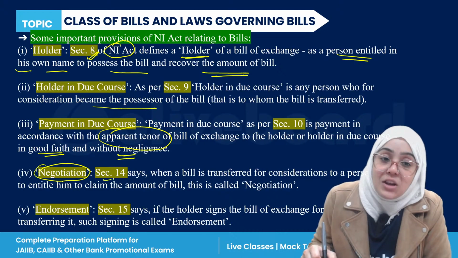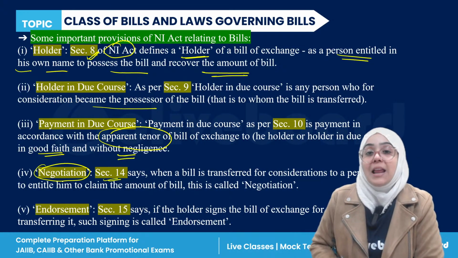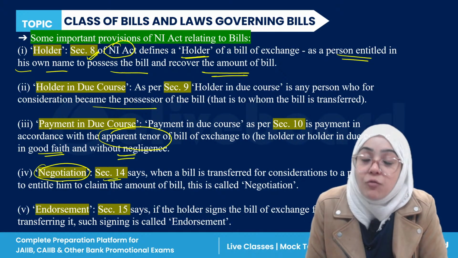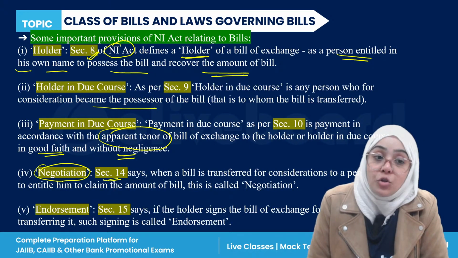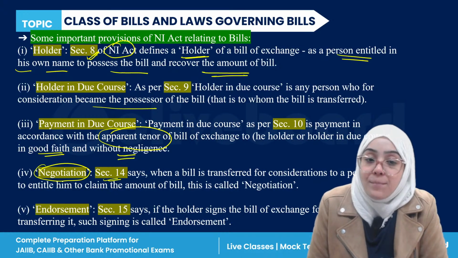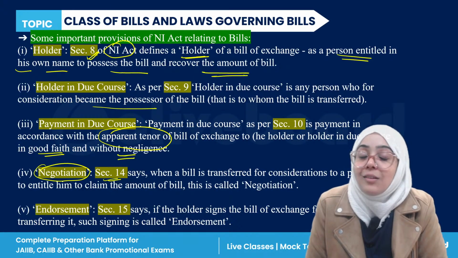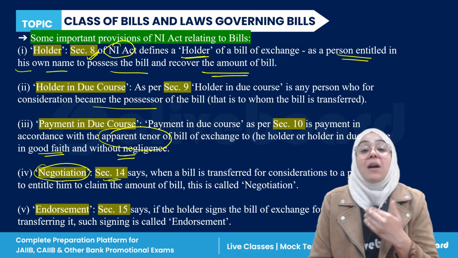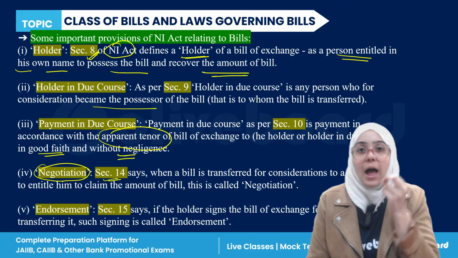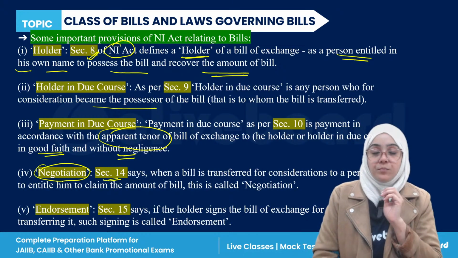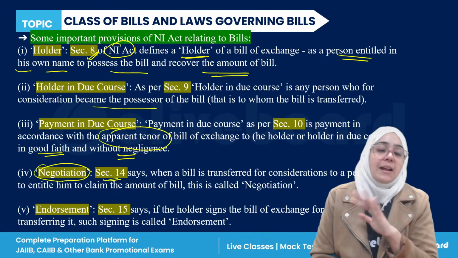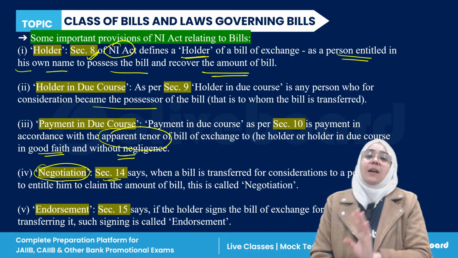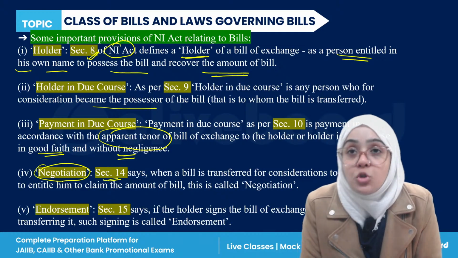Now, negotiation is defined under Section 14 of the Negotiable Instruments Act. Section 14 says that when the bill is transferred for consideration to a person so as to entitle him to claim the amount of the bill, that is called negotiation. It means that the bill is transferred for some consideration. For example, I am the holder of a bill of exchange, but now I want an immediate payment. I can't wait for 30 days, or the time period mentioned in that bill of exchange. I just go to a bank